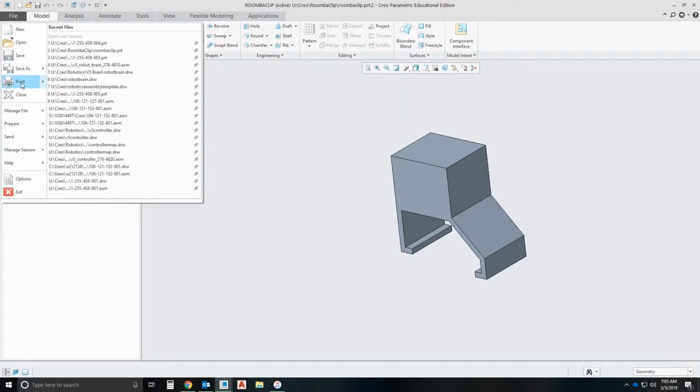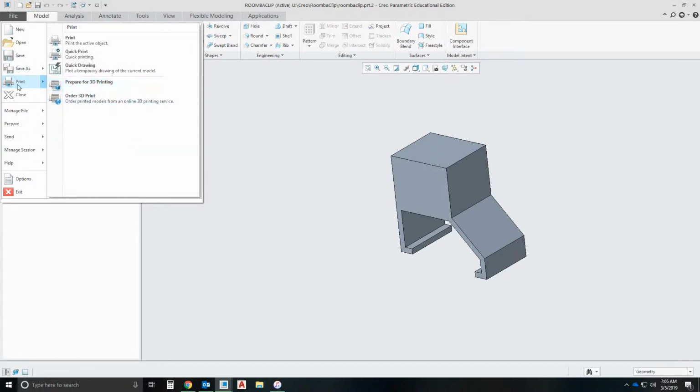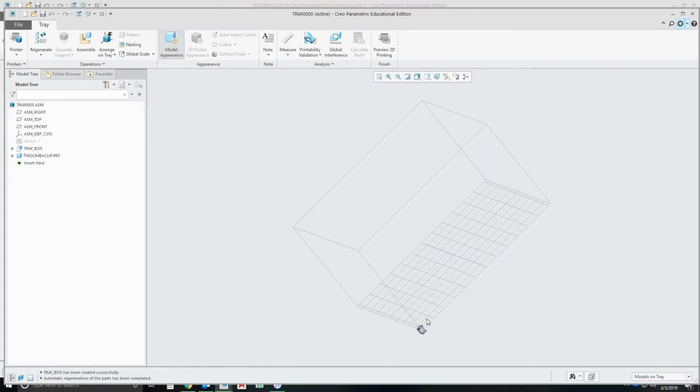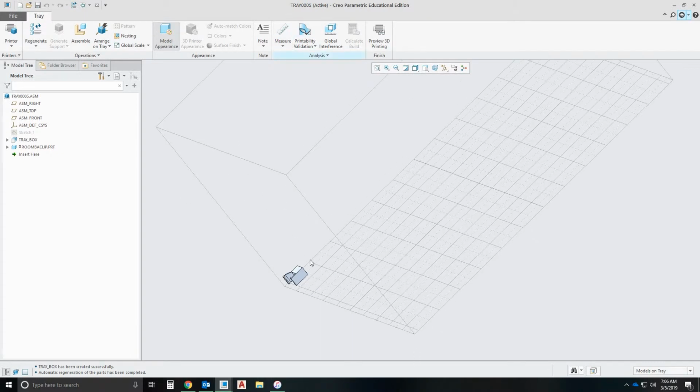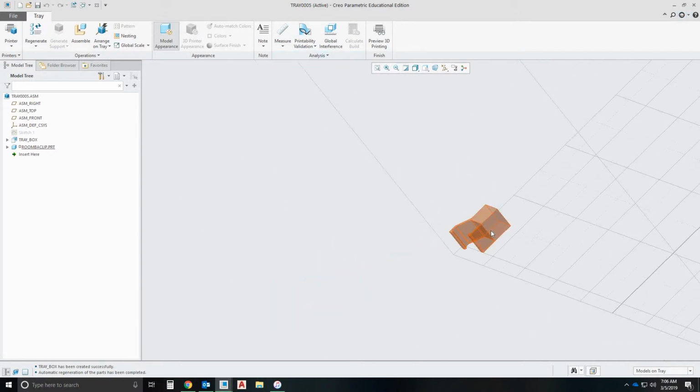So we're going to test our prints in Creo before we print it. So we'll go to the file menu, hit print, and then prepare for 3D printing. We can validate our parts. This is kind of like a simulation of the print bed. We can go ahead and arrange it on the tray, you can move it around, but really what we want to do is validate our prints